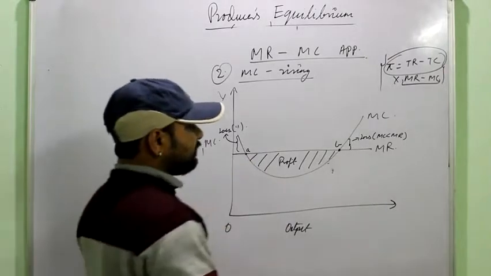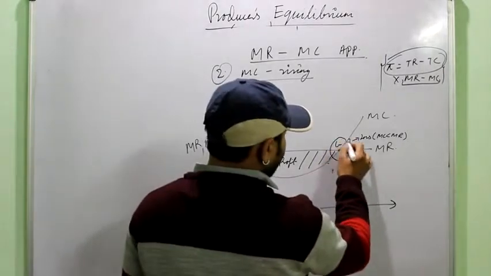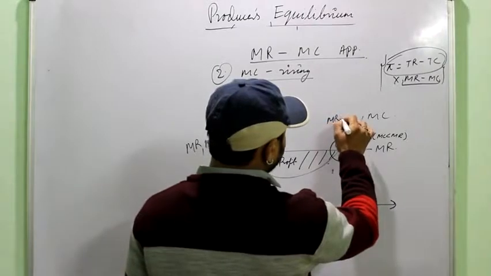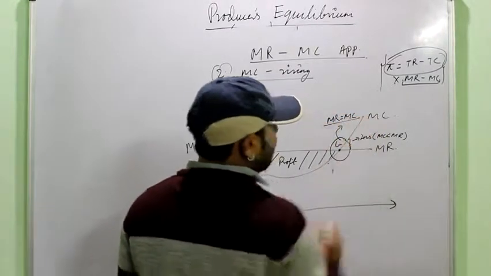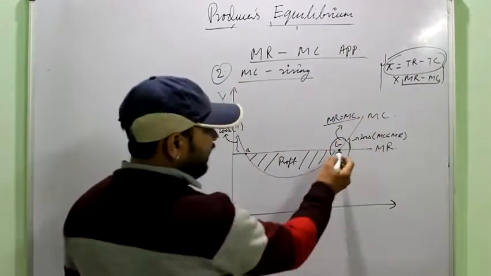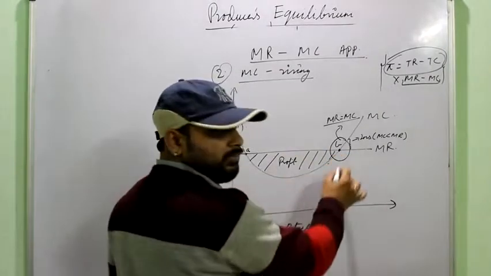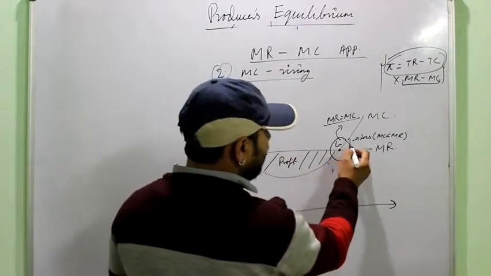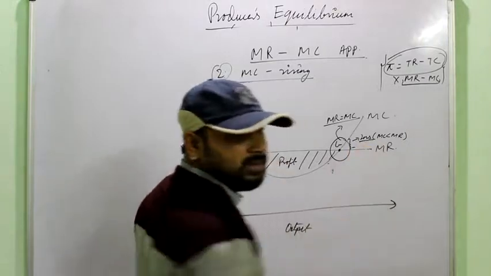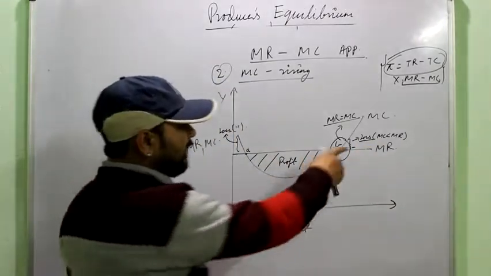Profit starts from here. Another point where MR is equal to MC. But here he has earned the whole lot of profit. The whole part has been completed, and now again what will start? Loss will start. Or you can say again MR will become less than